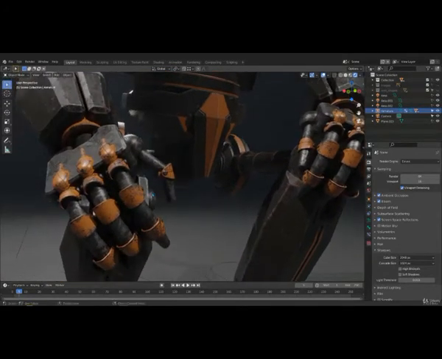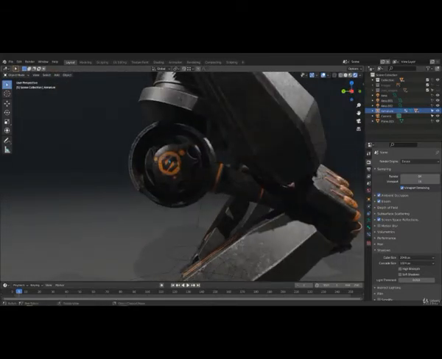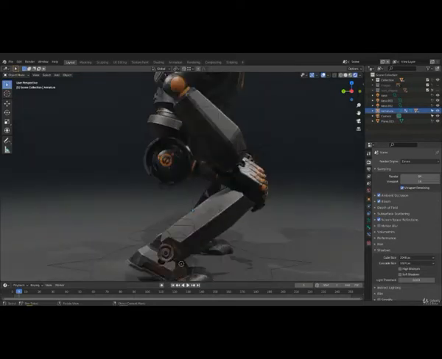Let's jump to the side, and there we go. I added some shapes, and I added some